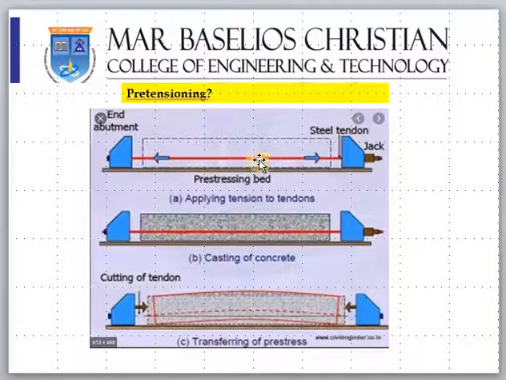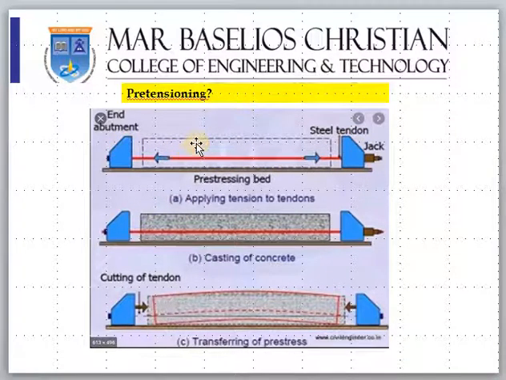It is a steel, which is normally called tendons, of high yield stress, in the order of 1500 and 2000 Newton per millimeter square. Our normal mild steel, Fe415 steel, is only 415. This is 3 or 4 times higher than that. Okay, so initially this is called two abutments.